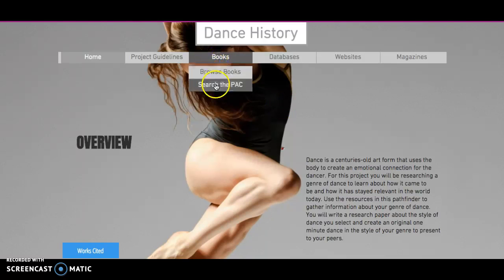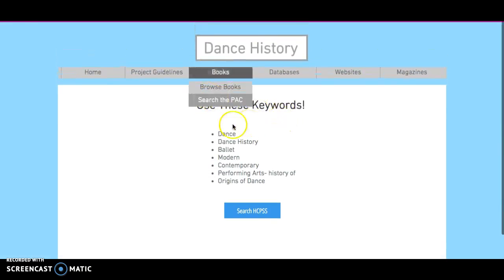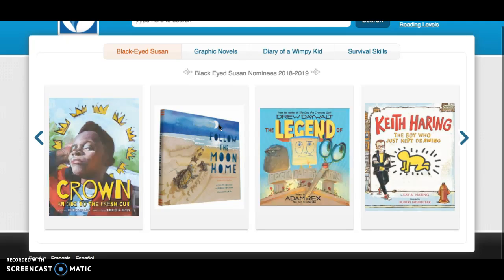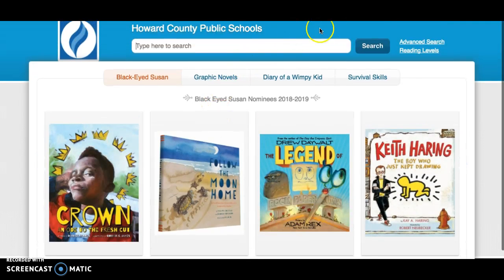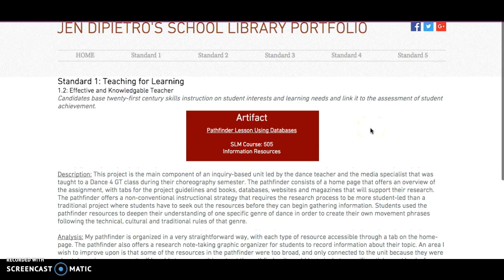I have links up here for the public access catalog, giving them hints to different keywords, and then here's a link to the actual public access catalog for my school so that they kind of can see how to do that. So if we go ahead and go back to my website,